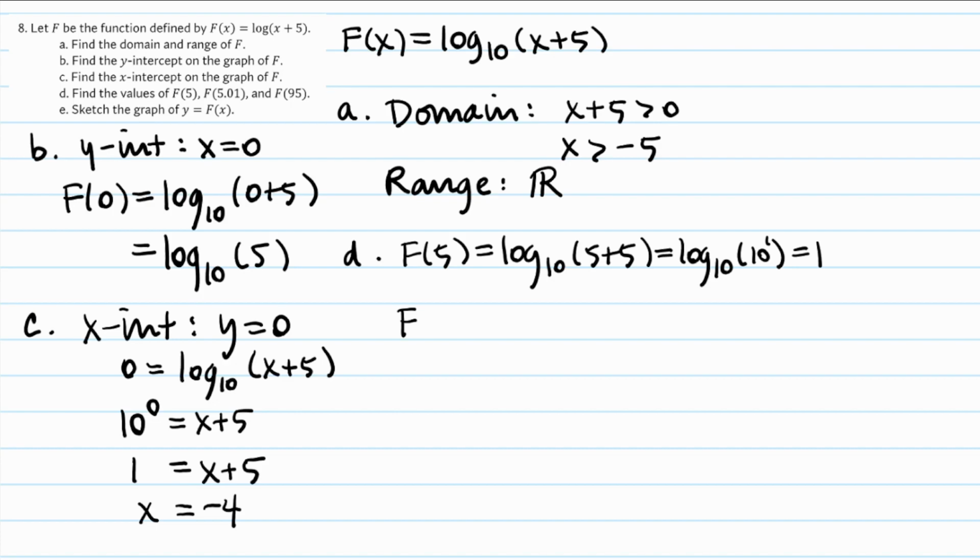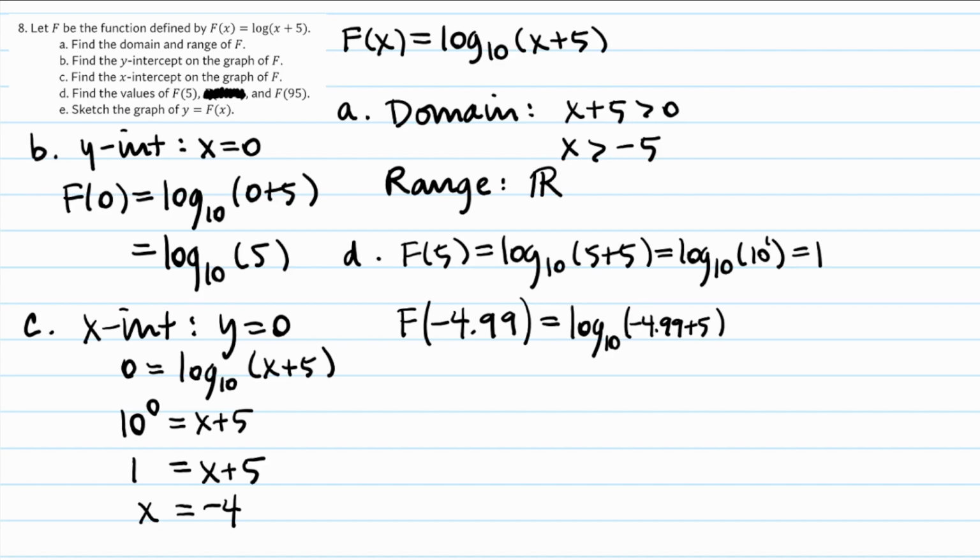Okay, f of 5.01. Let me think about this. This isn't working. This is not written the way I intended. I think we need it to be -4.99. Yeah, I think that's what I'd intended. I'm not really sure what I was going for there, but this will work and get us a useful log question. So that's log with base 10 of